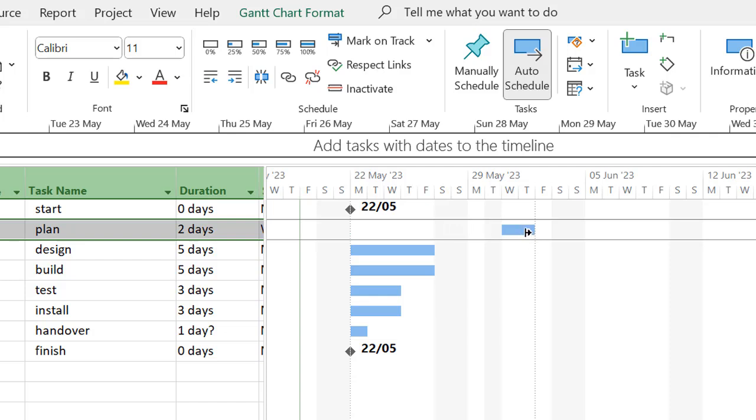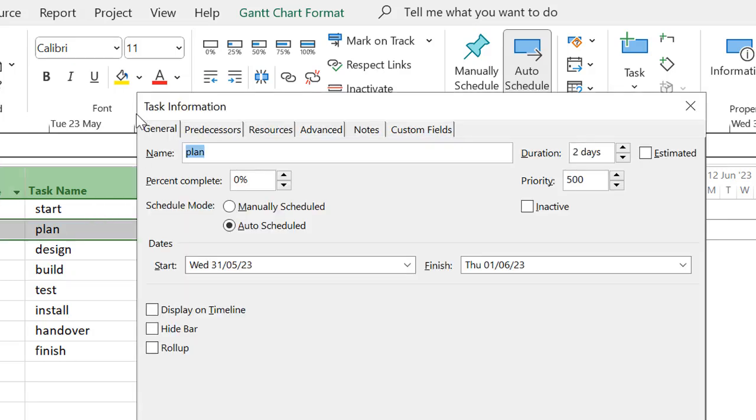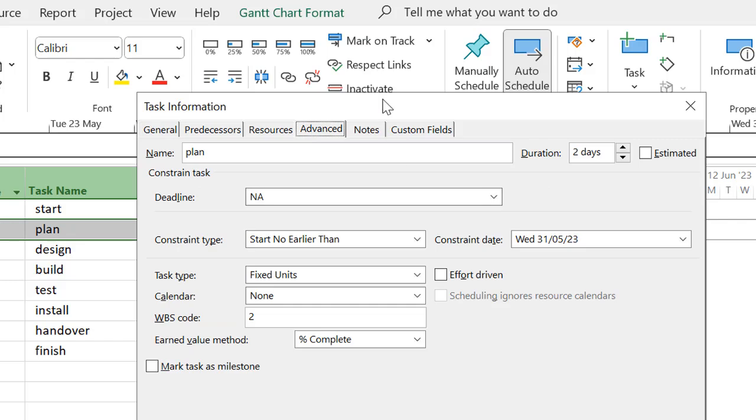How does that stay there when there's no link? Well, the answer is, whenever you want to know any information about tasks, all you have to do is double-click on the task name and you'll have the task information dialog box come up. But you can see here, for a particular task, you could select it as manually scheduled if that's what you needed to do. You can also change the duration here, and you could even input a specific amount of percentage complete. But what I want to show you is actually the Advanced tab, and you can see that what's happened